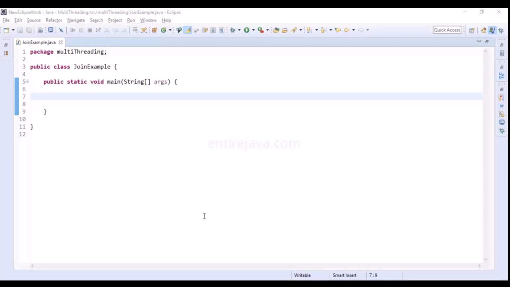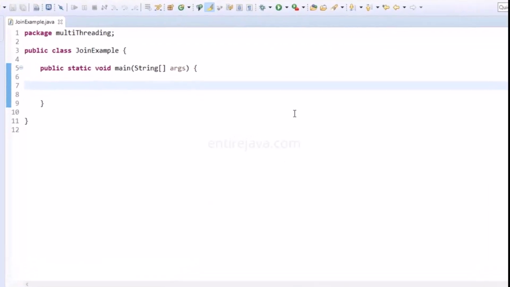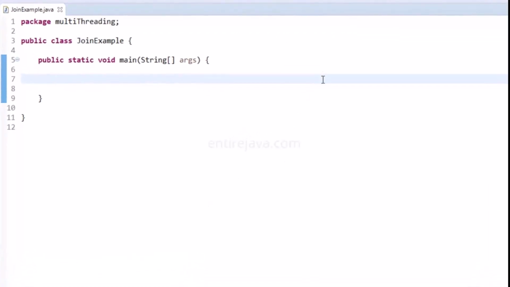In this video, I'm going to talk about the join method. The join method waits for the thread to die. Let me show you what I mean. Let's create a thread for this purpose, and I'm going to use an anonymous class for that. So I say Thread t1 = new Thread, and inside it